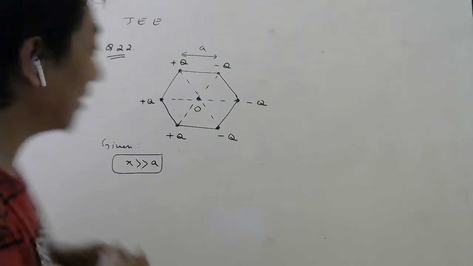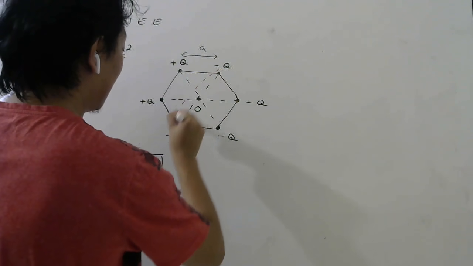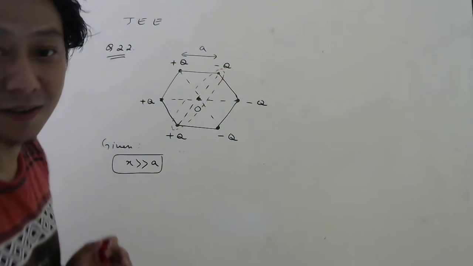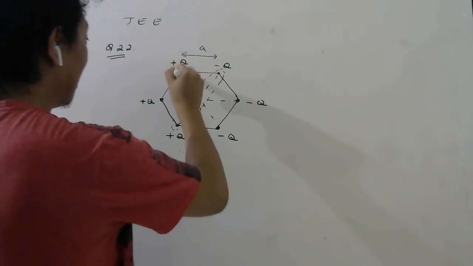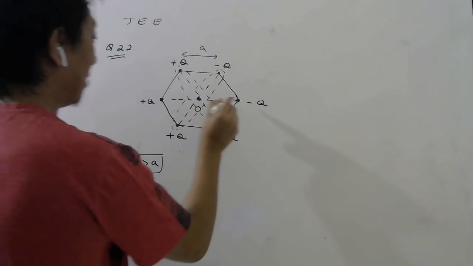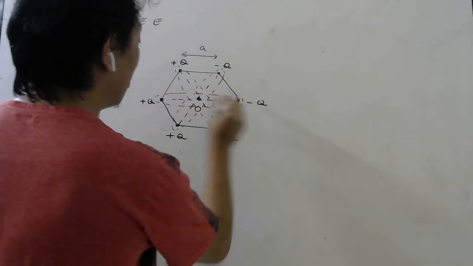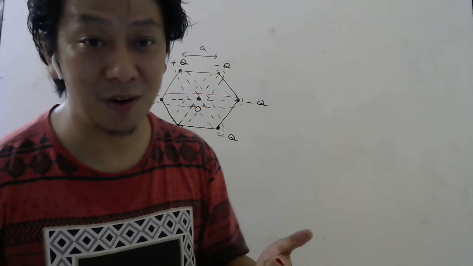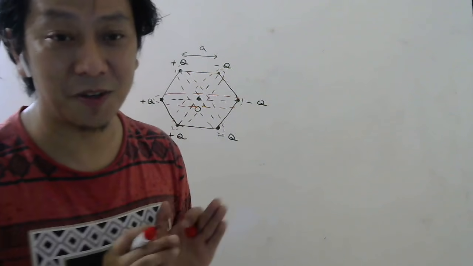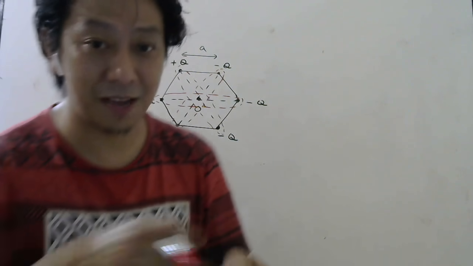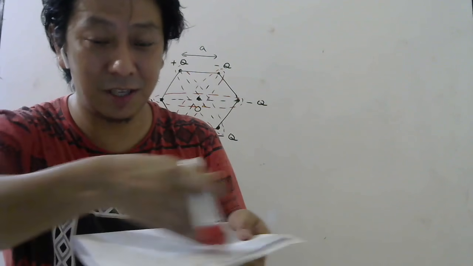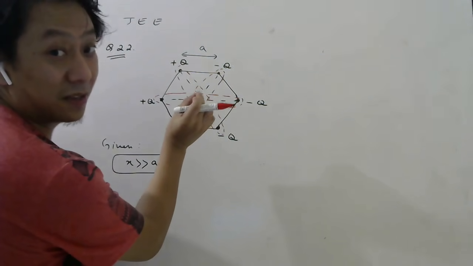So we look carefully. See, what is this? It's a dipole. Yes or no? What is this? Plus q minus q. This is also a dipole. And this is also a dipole. So you can think there are 3 dipoles instead of 6 charges. 3 dipoles. And for each of these dipoles, whether it is this one or this one or this one, they want electric field along this line. So what line is this? Equatorial or axial? Equatorial, because it is perpendicular to the line joining the charges. So they want electric field at this point.